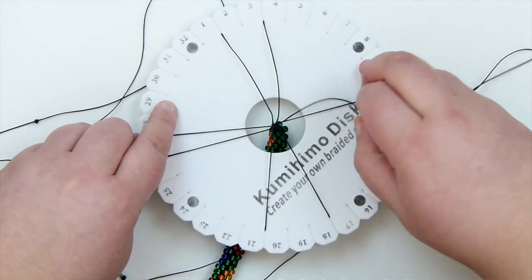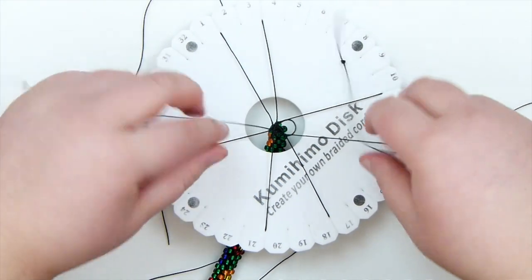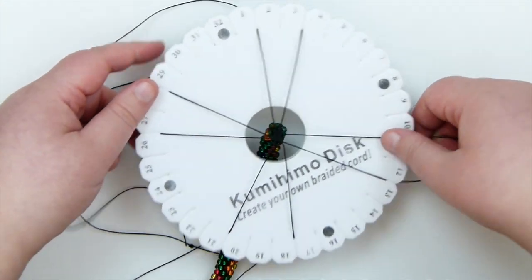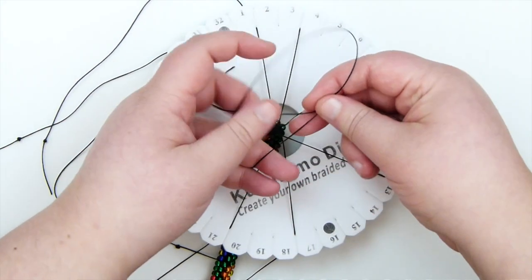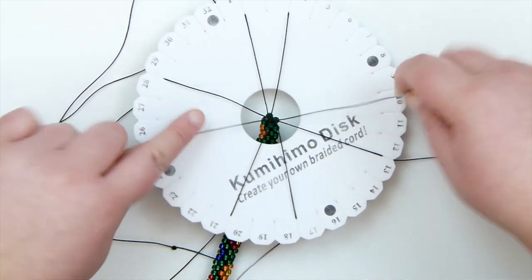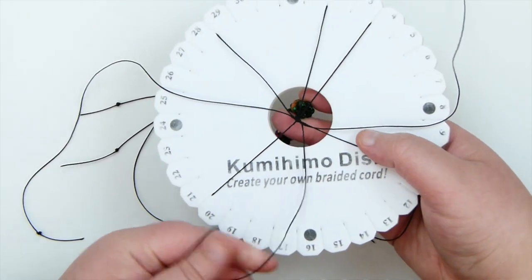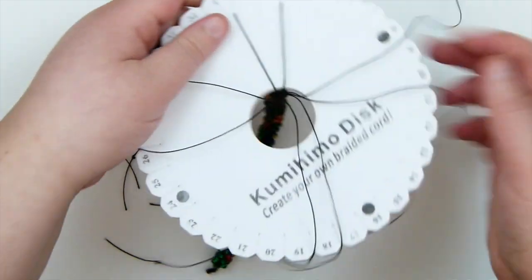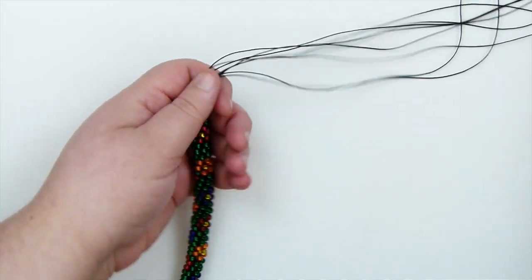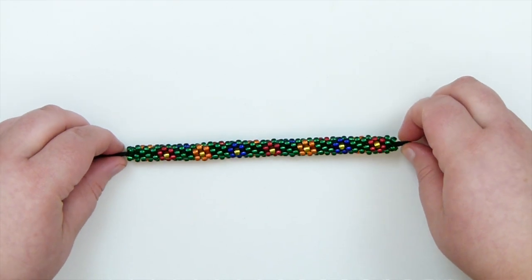Again, take diagonally opposite cords, across the middle, make a knot and tighten it, and then the last two cords, do the same thing, across the middle, a knot and then tighten it. And then this just secures the end in place of a cord here, so when we take it off the disc, like now, we don't have to worry about it unraveling. It's going to be nice and secure. So just like this, and then here you have your braid with your flower